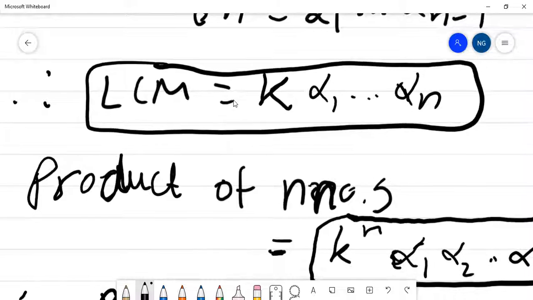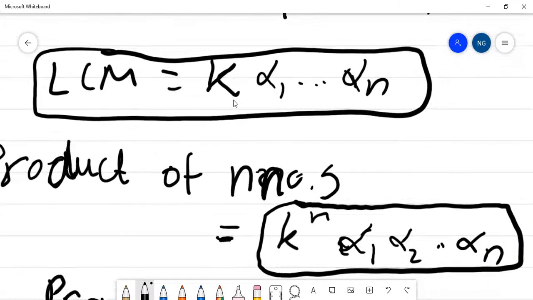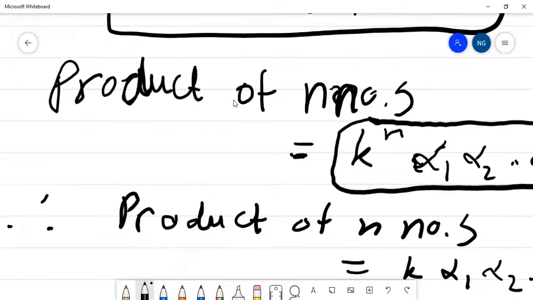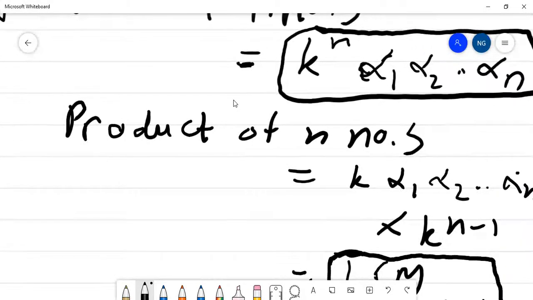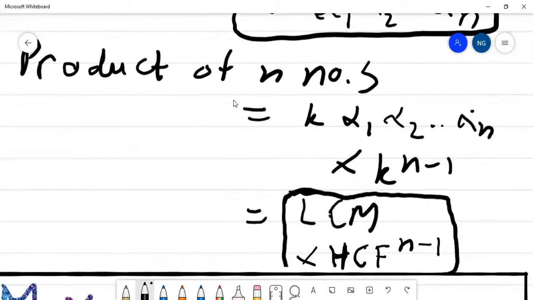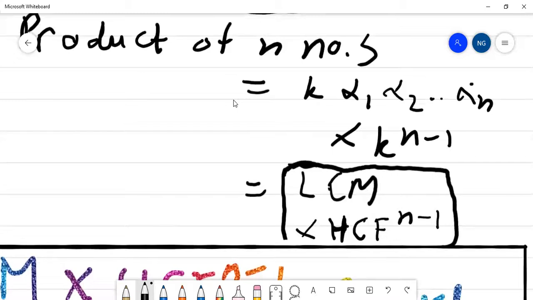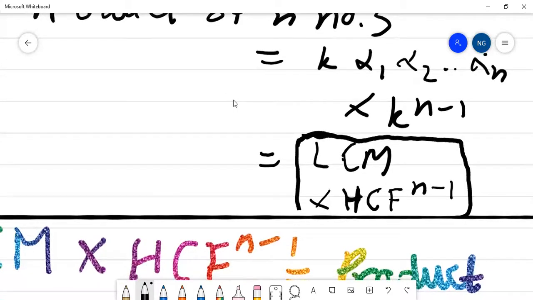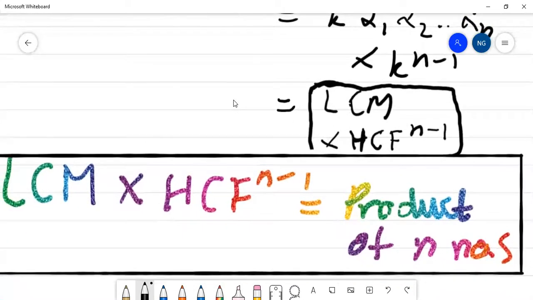So the product of n numbers is k raised to n alpha 1 alpha 2 up to alpha n. If we divide the product of numbers, you notice that the product of numbers is equal to k alpha 1 into alpha 2 into alpha n into k raised to n minus 1. So we get that the product of n numbers is equal to LCM into HCF raised to n minus 1. HCF is k. This formula is only valid when alpha 1, alpha 2 and dot dot dot alpha n